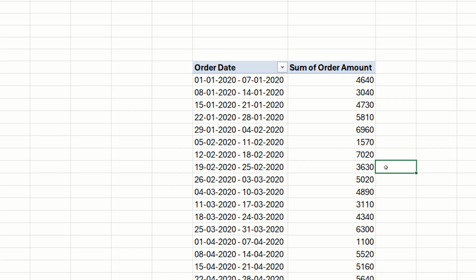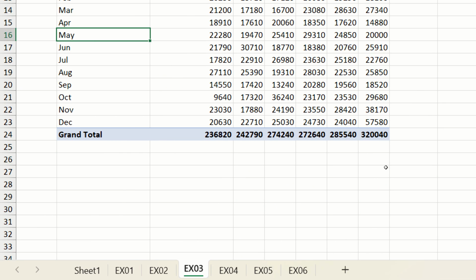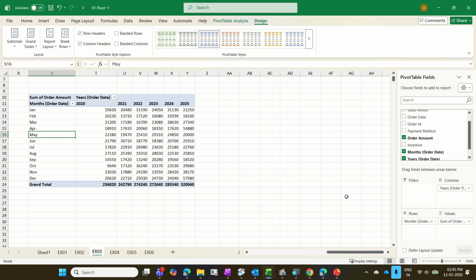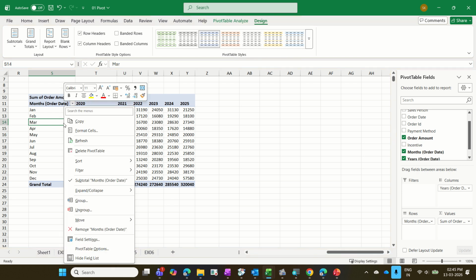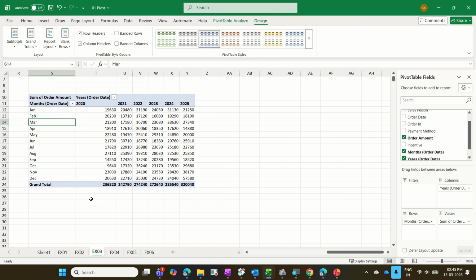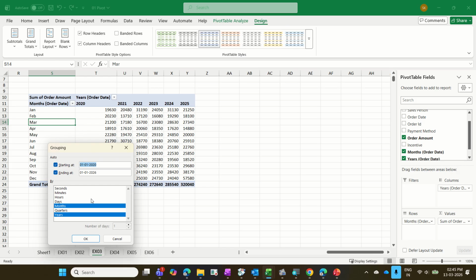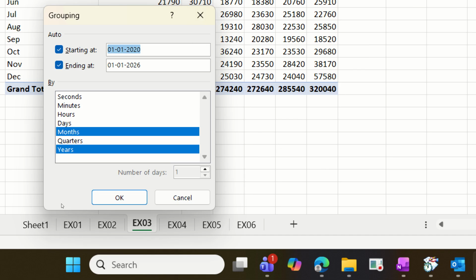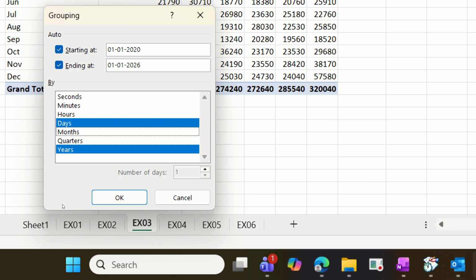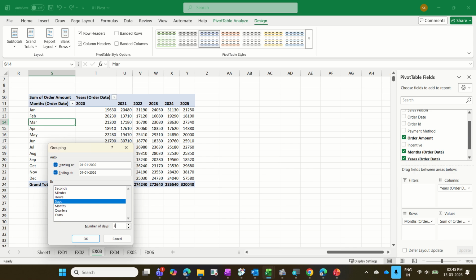Okay, tell me how to do this. Right click, group, then select days. You have to remove the month and quarters. Then days is 7. Why is this weekly report not available? Because some people will ask for a weekly report, some people